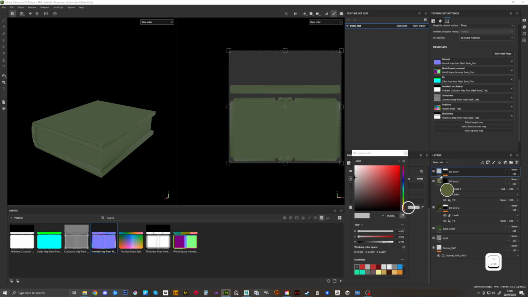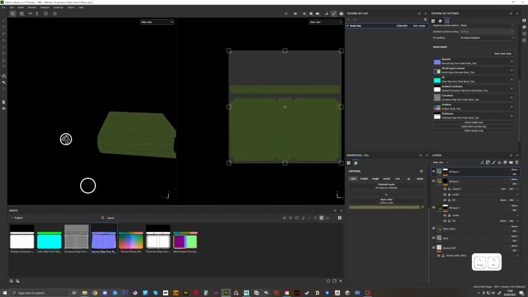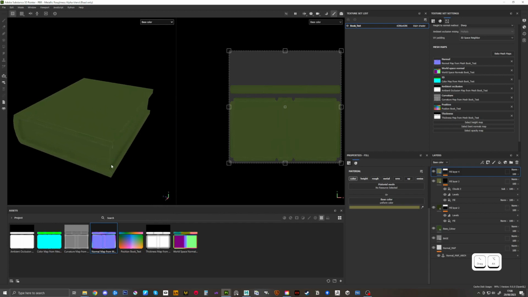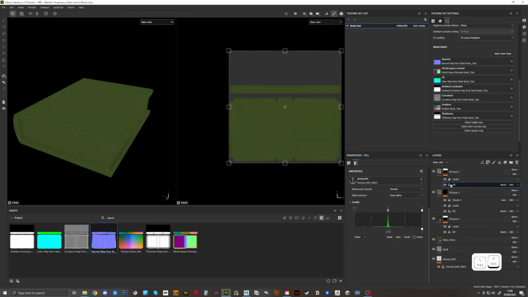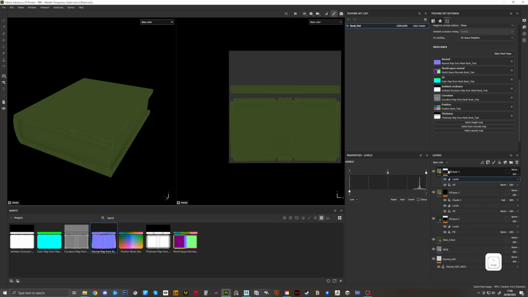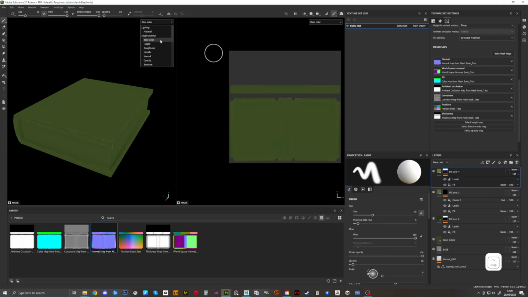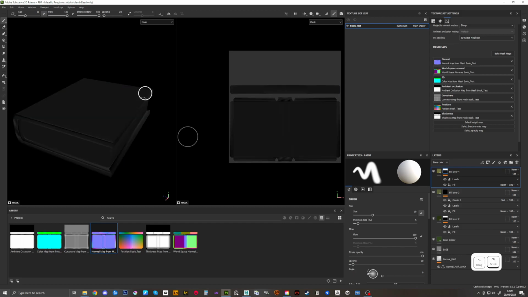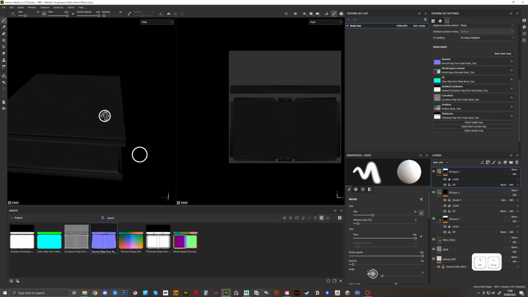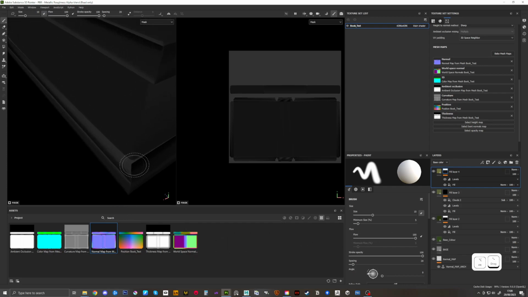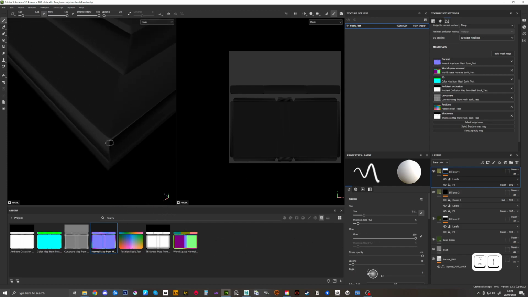And pick my color again. Pretty happy with that, aside from the odd bit there, but I'll explain why that's happening. Basically, it's adding some lighting information in on this through the normal map. And what we want to do is on my mask. So it's adding the information in here based off the lighting,